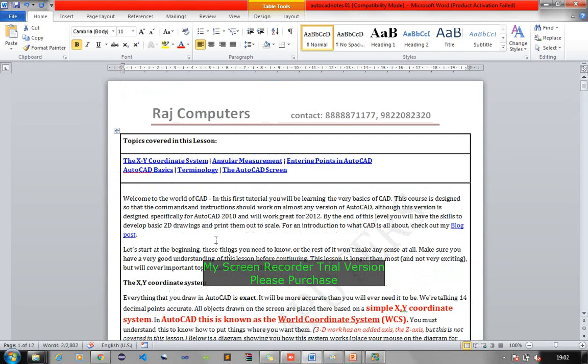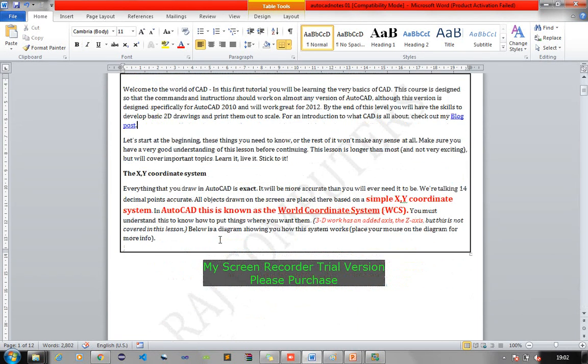Fine. So now when I say AutoCAD, we are talking of something called a coordinate system. So when you say coordinate, there are two kinds of coordinate, X coordinate and Y coordinate. See, everything in the world is created with the help of dots. A line is created with the help of dots in a straight line. When you say circle, all dots are connected in a circular manner. So everything is connected with dots, but every dot is going to have an X axis and a Y axis.